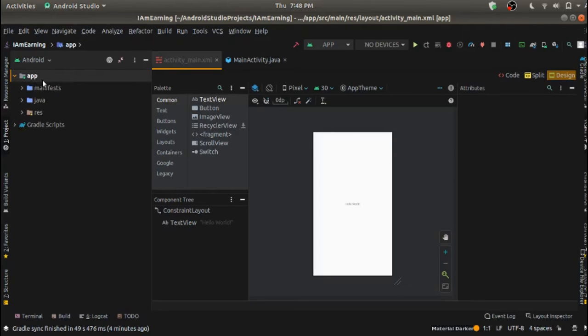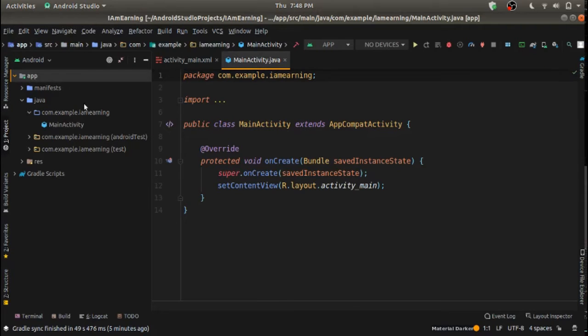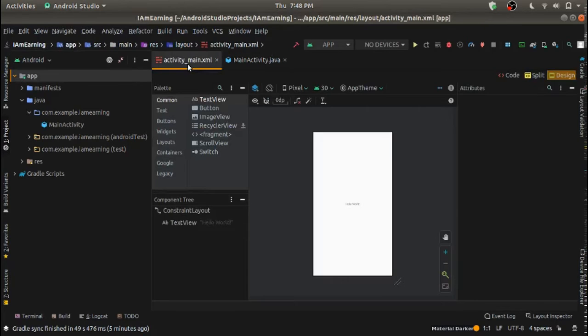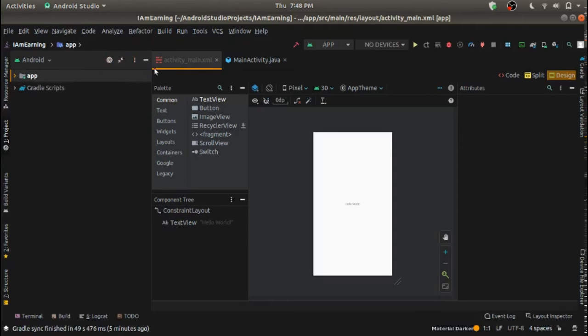Just now you just focus on app, and inside that also you just have to go to java, and you can see over here you have the main activity folder, MainActivity.java, which is this file. And where you will get this file, because most of the people don't know when they install Android Studio where these files are coming from. So basically you have to go in res, and inside the layout section you have activity_main.xml. So this is the layout basically, and it's really easy to create. So without wasting time, let's go and create the app.